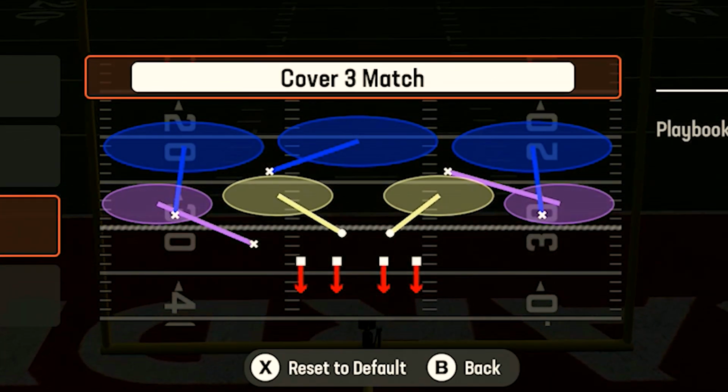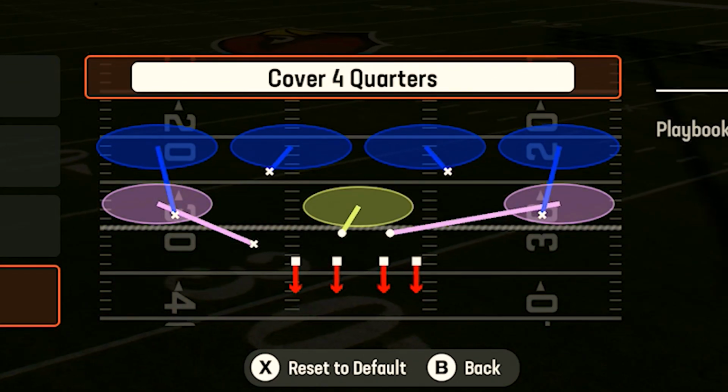Okay, so today we're going to talk about one of the more frequently asked questions about match coverage that I receive, and that is, what is the primary difference between a cover 3 and a cover 4 match? Now, I'm going to be totally honest with you, it's a little bit complicated to explain all of the differences